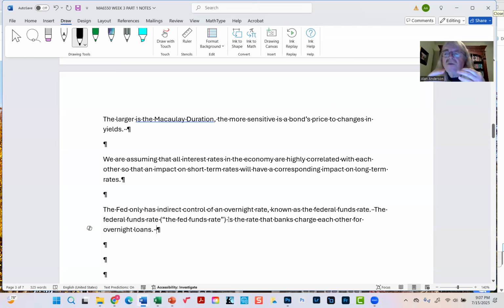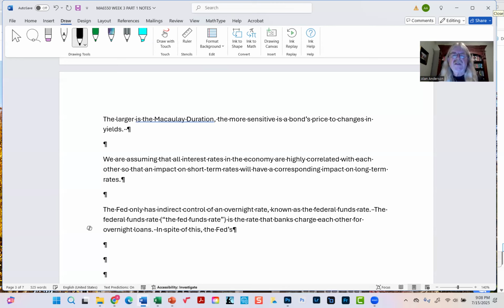Now, the Fed doesn't set this rate at all. What they set is a target. If the rate drifts away from the target, then they step in and they will either increase or decrease the money supply to get that Fed funds rate back where they want it to be. But anyway, in spite of this,